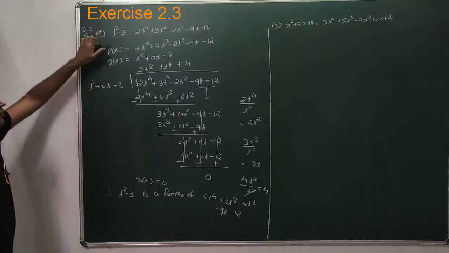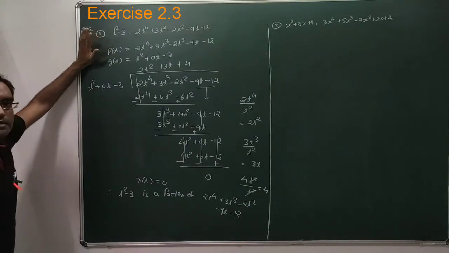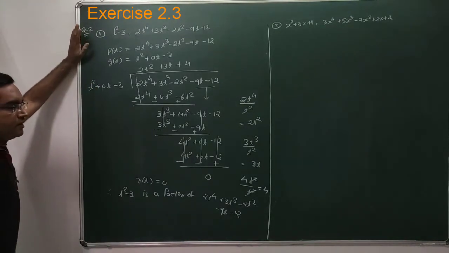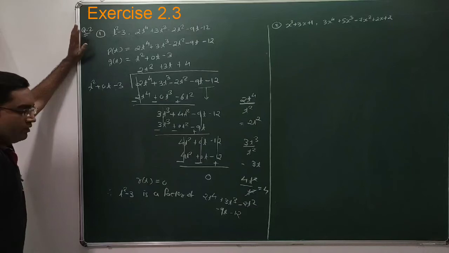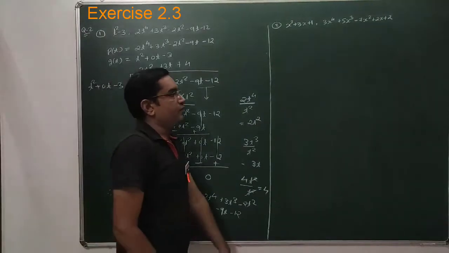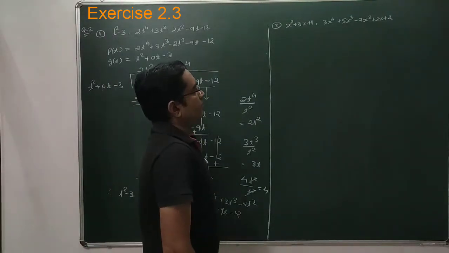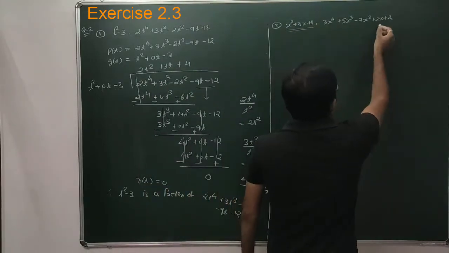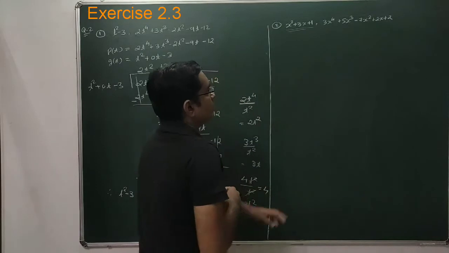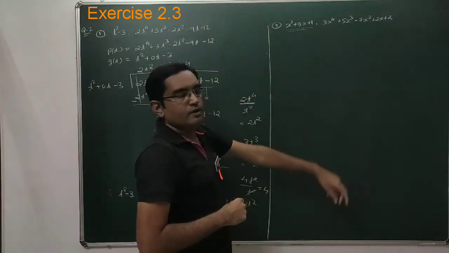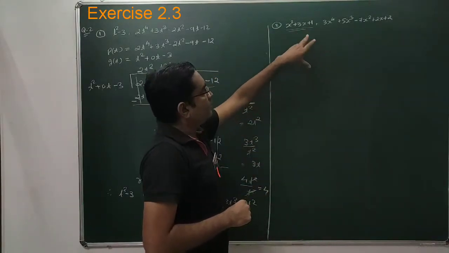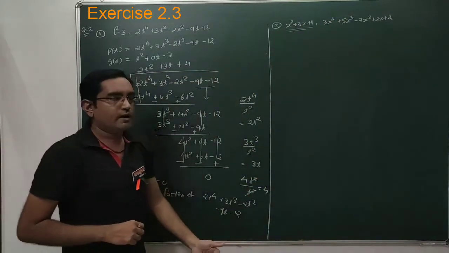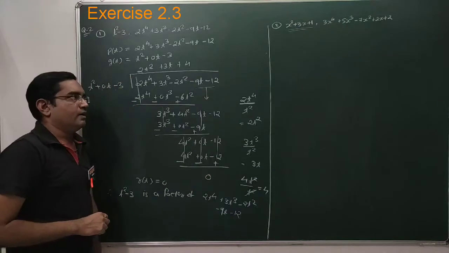Yes, first polynomial is the factor of second polynomial. Clear, students? So this is nothing but the long division again, but the method of question is different. Again same, you have to check whether the first polynomial is the factor of second polynomial or not. So dividend polynomial is there, divisor polynomial is there, and to find whether the first polynomial is the factor of second polynomial, what you have to do? Long division, then you have to check the remainder.